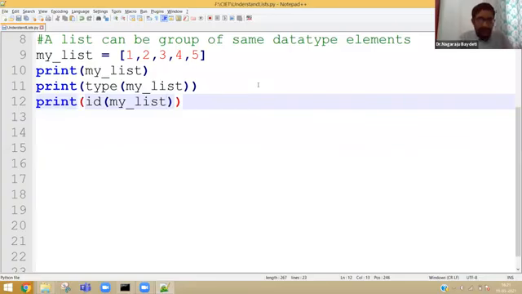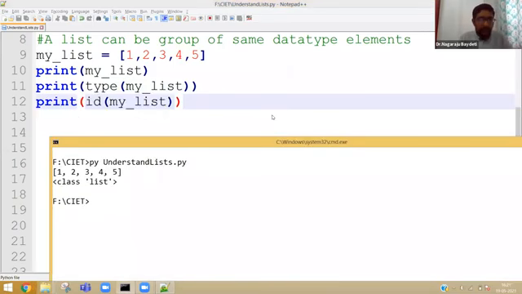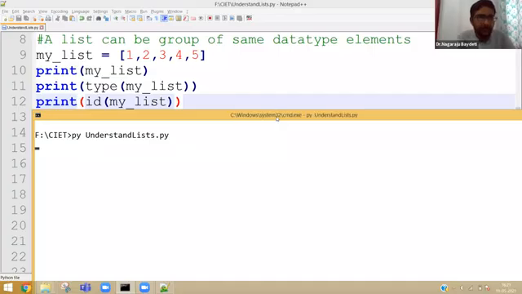Obviously, there will be an address. Now, when I write an additional line and execute, you will get one address: 54646312.